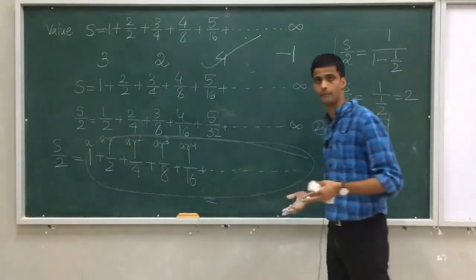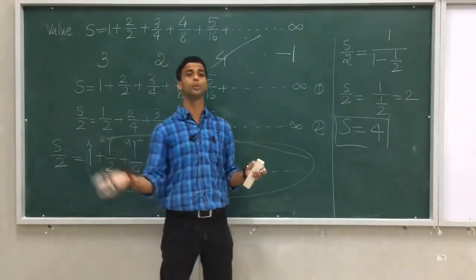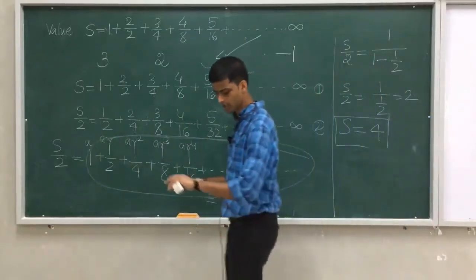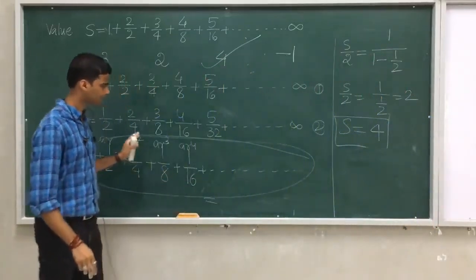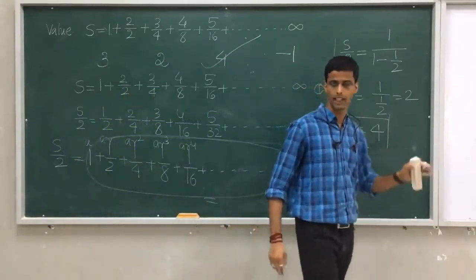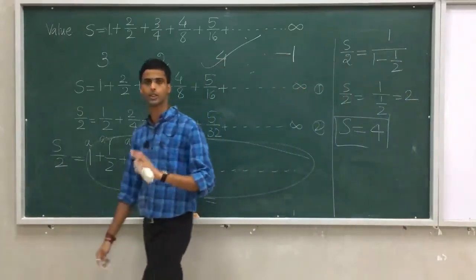Take your own interest and try to search: what if I multiply by 2 and what if I subtract? Why do I have to do only s by 2? Why not s by 3? Why not s by 4? What is the reason behind it? You just think, and try to solve this problem so that you can reach the solution. All you need is your interest. If you have that interest, you can solve all these questions.